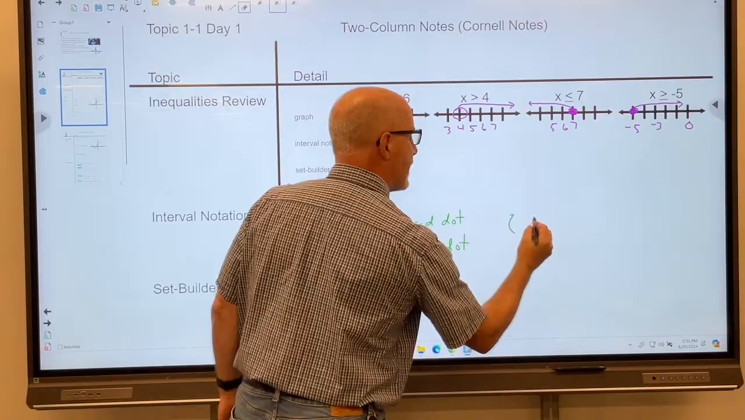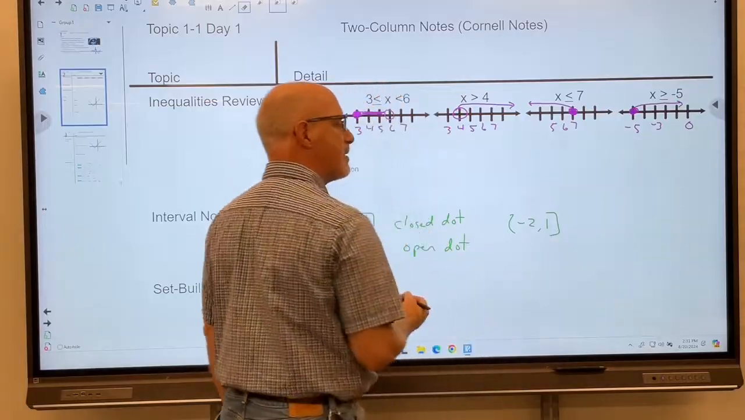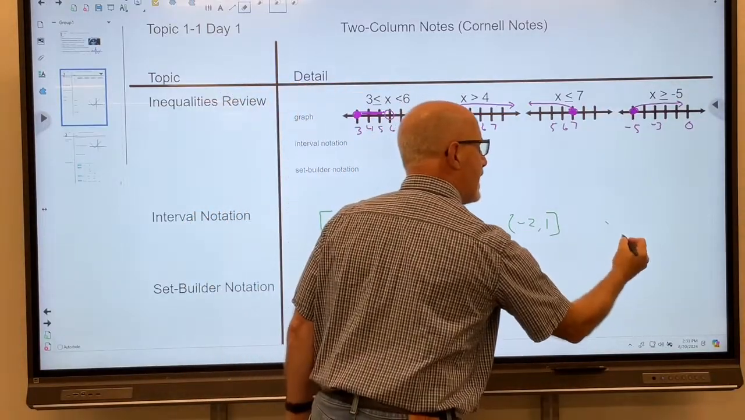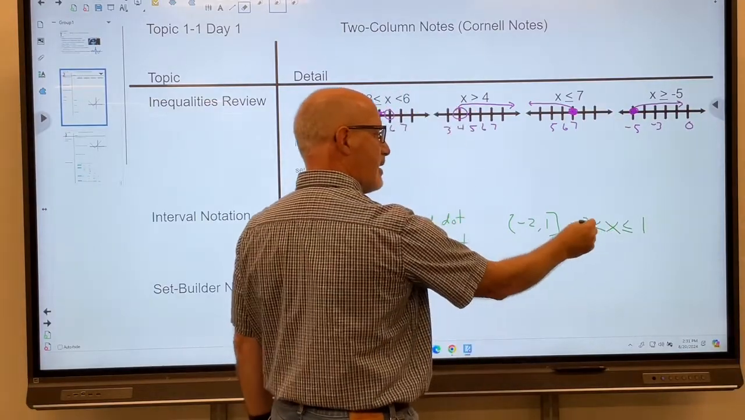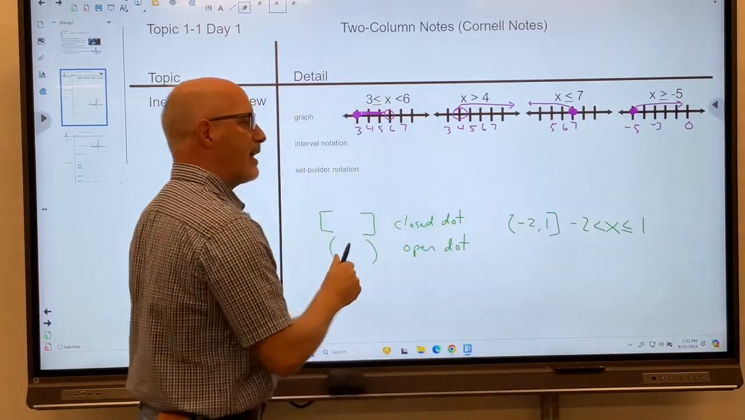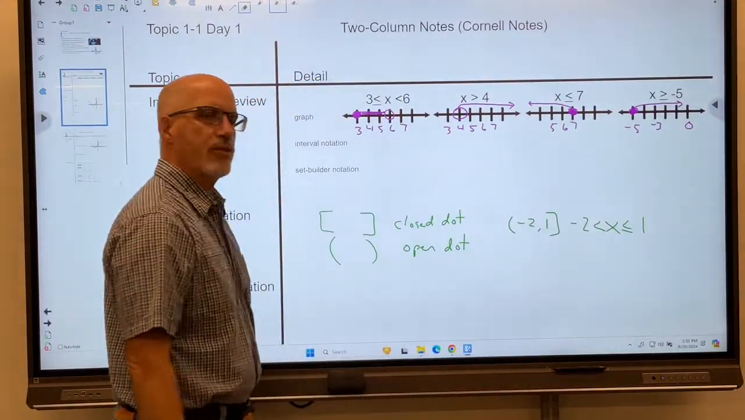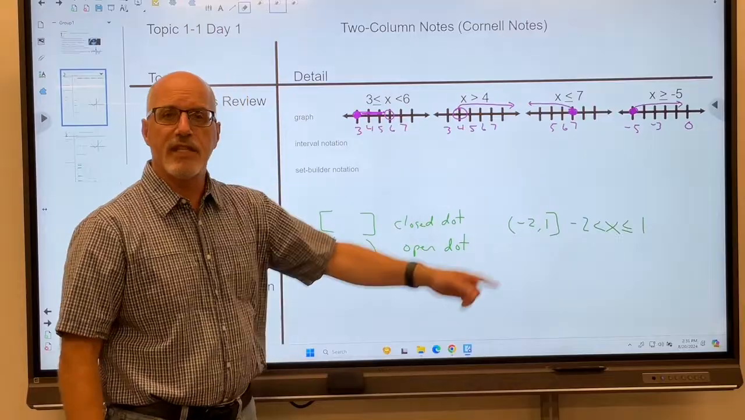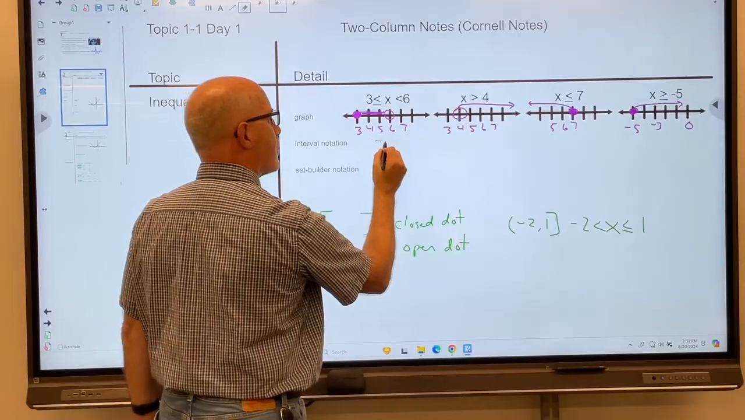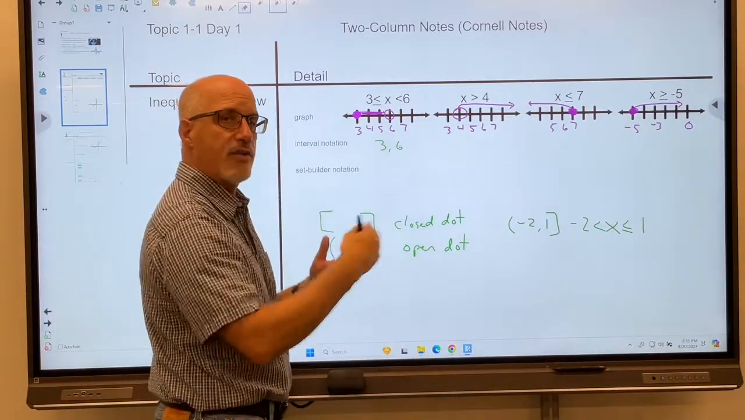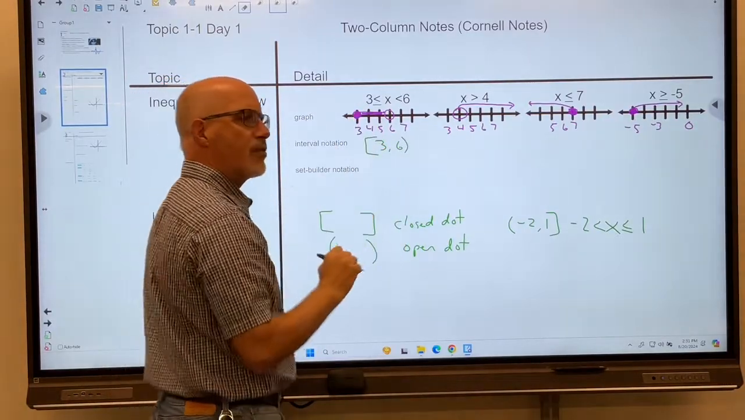So let's take a look at this. If I had, let's say, (-2, 1], this is the same as the inequality x is less than or equal to 1 and greater than -2, because the open parentheses means it's an open dot, and the closed bracket means it has the or equal to on it. So let's go back and identify each of these with interval notation. For this one, we're going to first of all put 3, 6, because that's the range of values between 3 and 6. Put a bracket on 3 and a parentheses on 6